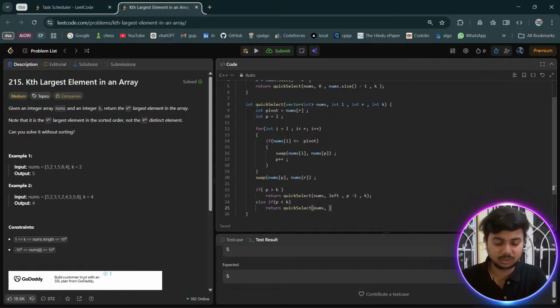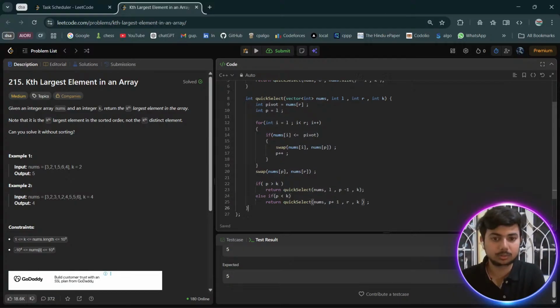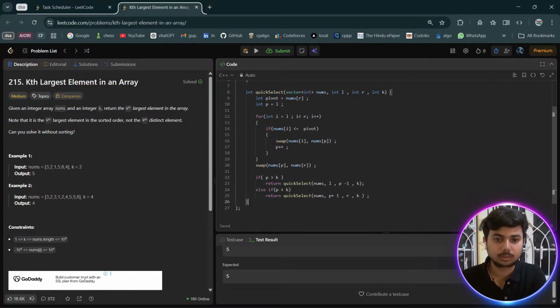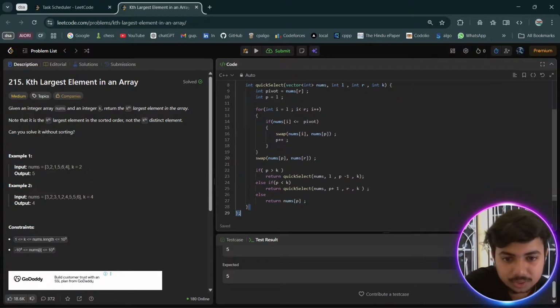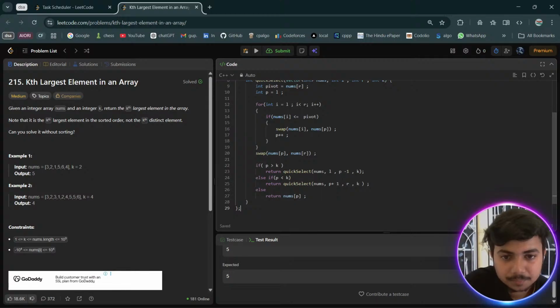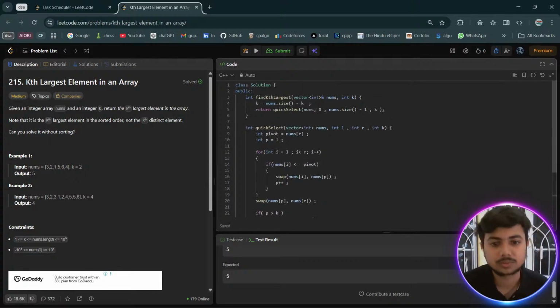Now this time we'll need to move left to p plus one, r होगा यहाँ पे, l होगा, else just return, अभी तो k वाला वैल्यू को सीधा रिटर्न कर देना है, तो वो p जहाँ पे है वहाँ पे लैंड करेगा, राइट, जो पिवट वाला एलिमेंट जहाँ पे लैंड करेगा वही ये वाला एलिमेंट होगा। If p is greater than k, return this, or else this, else this, this is fine।